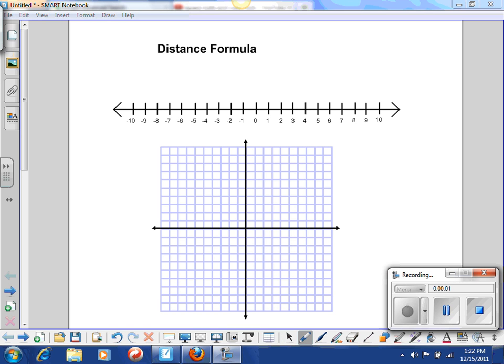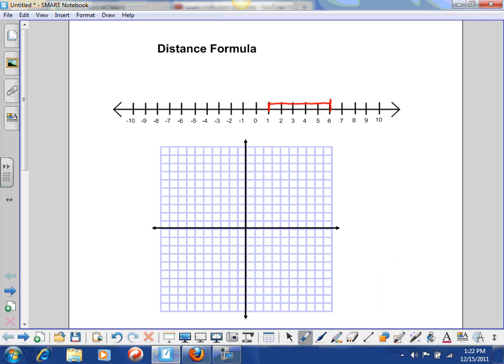Okay, let's go over the distance formula. This is needed for lines that are at an angle. If a line is perfectly horizontal and we had it, say, start at the 1 and go to the 6, we can figure out how many units that is. We can count. So it'll give us 1, 2, 3, 4, 5. 5 units. Or we can take 6, our ending unit, minus our beginning unit, and we'll see that it's 5